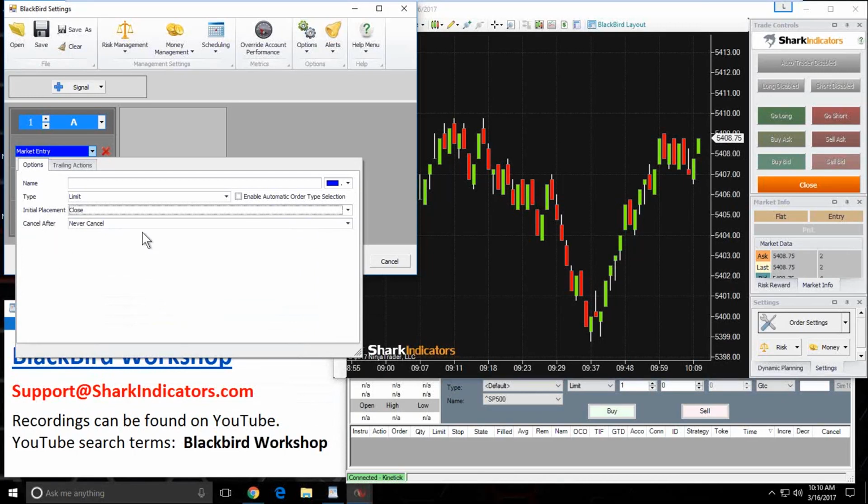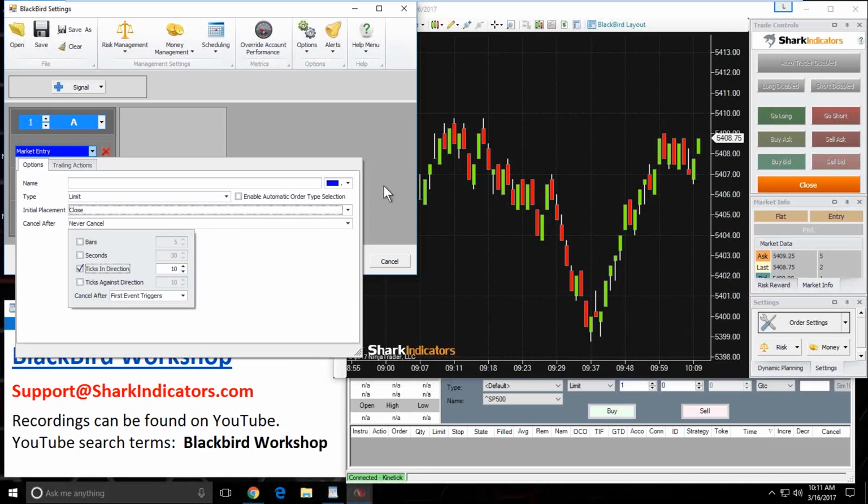So you have an initial placement, and then with an entry order, you may have some rules in place, because you don't want to leave an entry order out there forever. So you may want to cancel your entry order after so many bars or after so many seconds, or maybe price just moves away from the order too far. It doesn't pull back to pick up your limit order, so you can set that as a cancellation condition there. All right, so again, ticks in direction